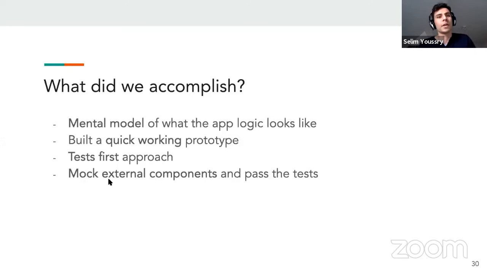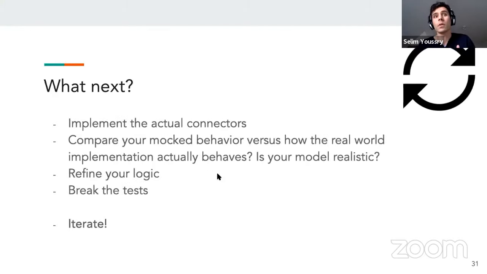And then what we've done is we've mocked external components and passed the tests. And then from there, what do we do? Well, we implement the actual connectors, we implement the actual scraper, we compare the mock behavior versus the real-world implementation. Maybe these first interfaces were not actually realistic. Maybe the way we're going to scrape that website is going to behave differently. For instance, I didn't talk about pagination. I didn't talk about what is the definition of a Go article, things like that. While it's useful to have mock interfaces,